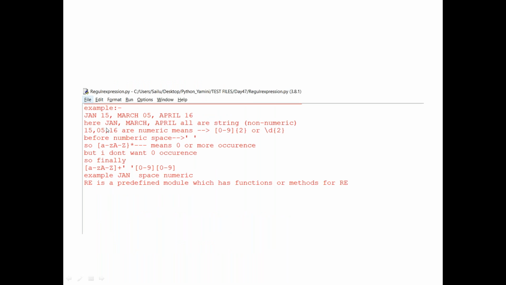For example, I want to fetch some information from here: John 15, March 15, and April 16. So I have some dates, each date fetched from different lines in an Excel sheet. Here John, March, April are strings, nothing but non-numeric, and 15, 05, 16 are numerics.